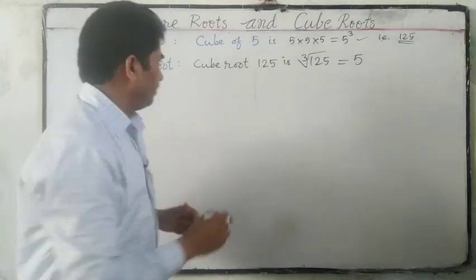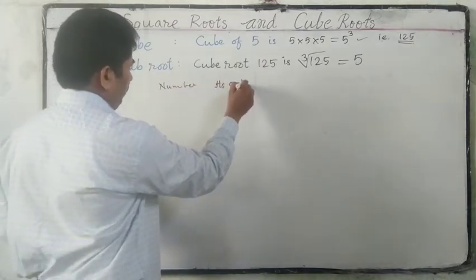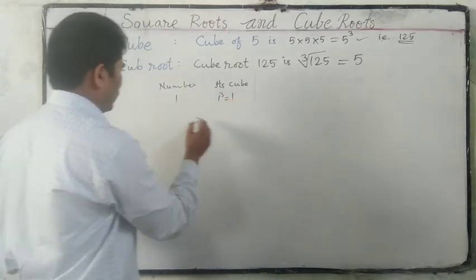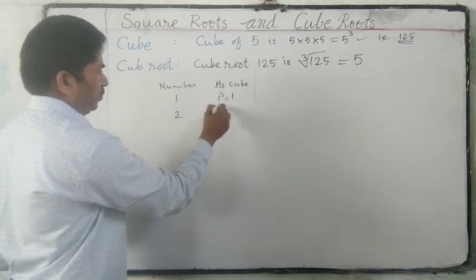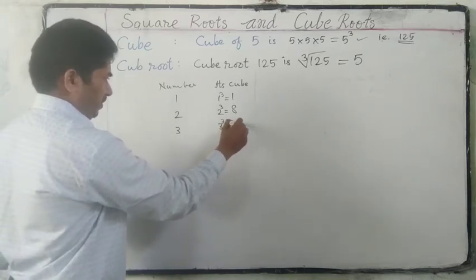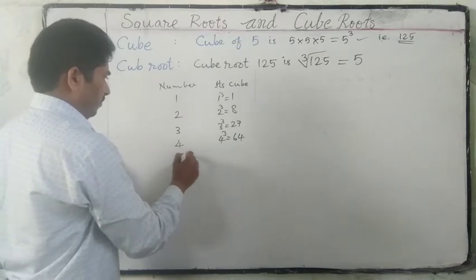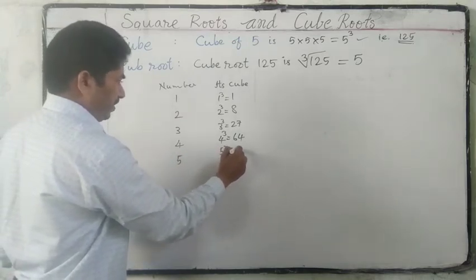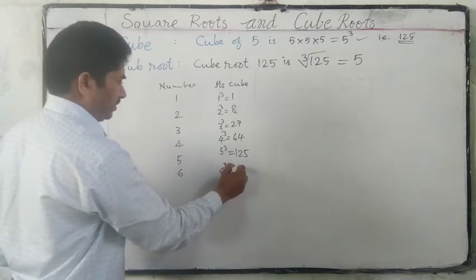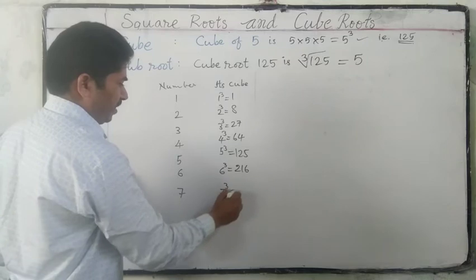Here we have 10 standard values to remember. Number and its cube. 1 cube: 1 ones are 1, 1 ones are 1. 2 cube: 2 twos are 4, 4 twos are 8. 3 cube: 3 threes are 9, 9 threes are 27. 4 cube: 4 fours are 16, 16 fours are 64. 5 cube: 5 fives are 25, 25 fives are 125. 6 cube: 6 sixes are 36, 36 sixes are 216. 7 cube: 7 sevens are 49, 49 sevens are